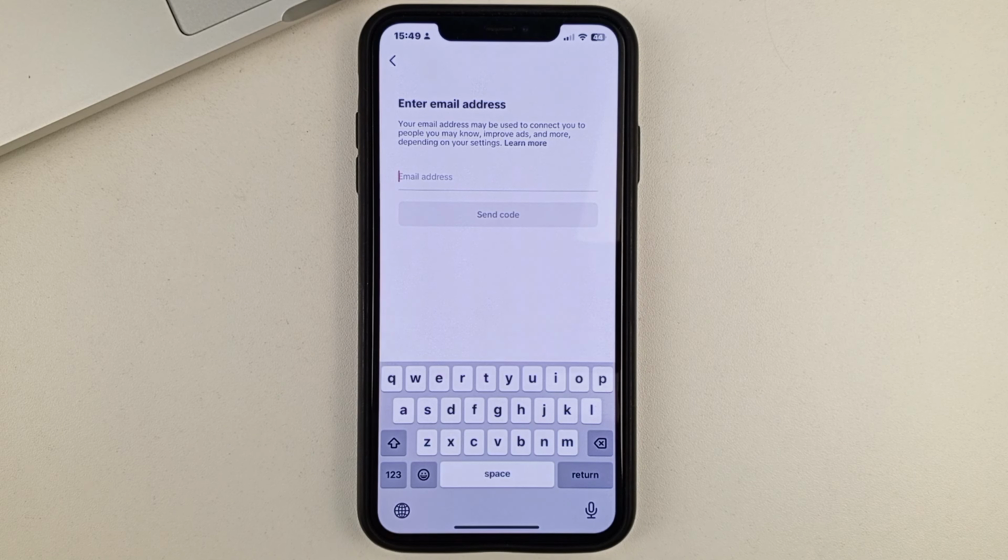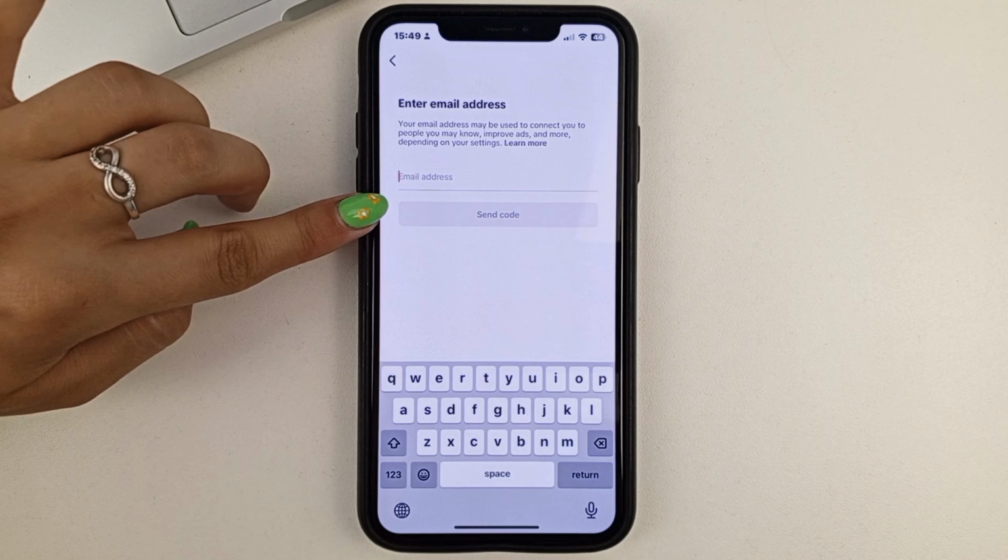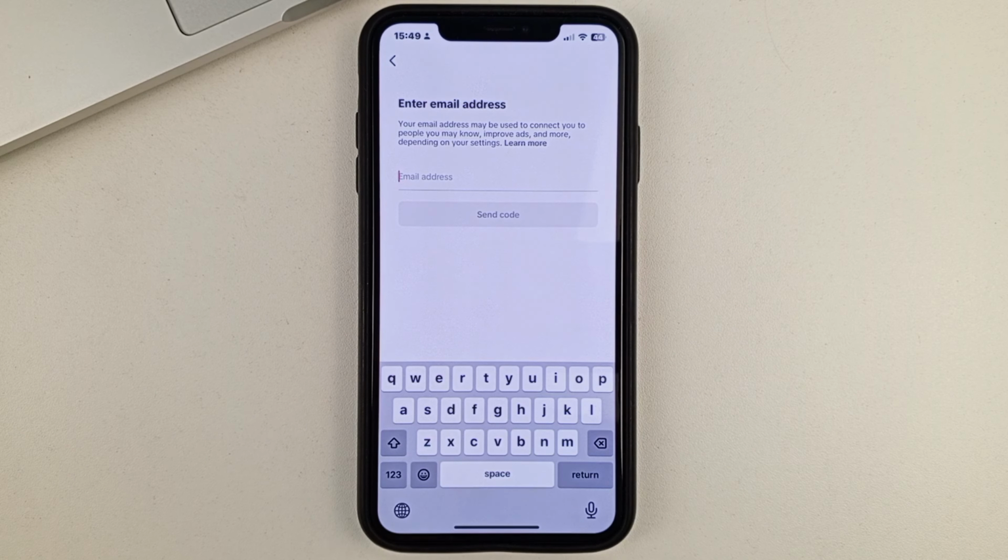And now, friends, you'll just need to enter your new email that you'd like to change here. And then click Send Code, and you'll be emailed a code that you'll need to enter to confirm the email change. And after that, your TikTok email will be changed successfully.